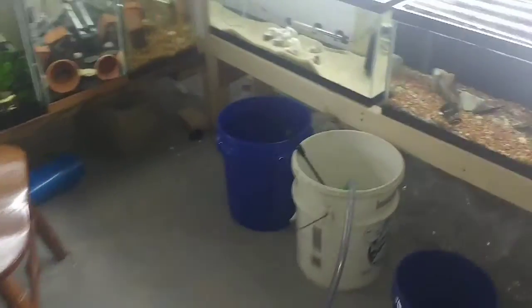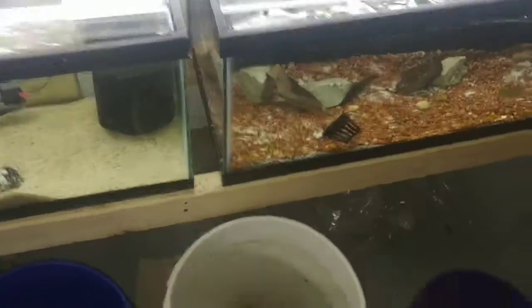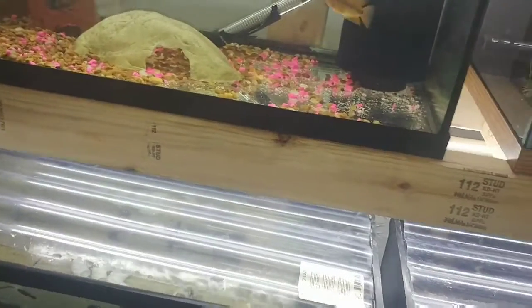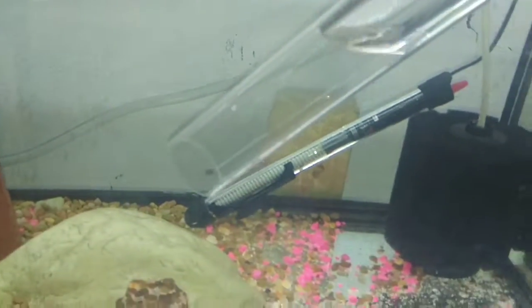But I'll go ahead and turn the water on here. This is water out of the sink, and we'll go in the fish room here. And right now I don't have it in a tank, I have it in a bucket. But I can show you, it's real simple. You just stick it in. Let's pick these guys here. You just stick it in a tank, and you can see it start sucking up through there,